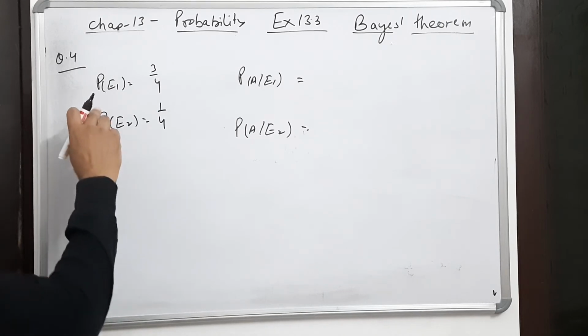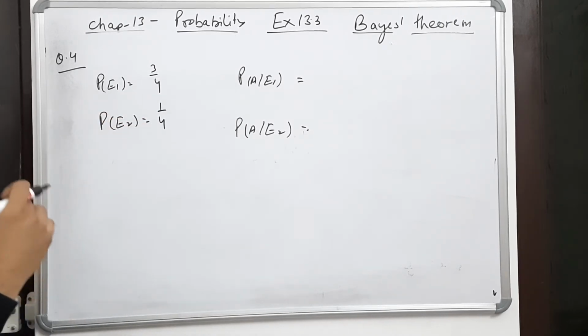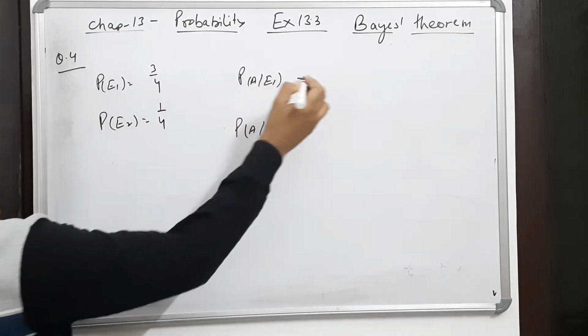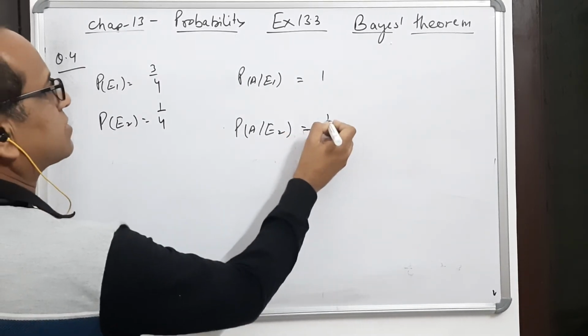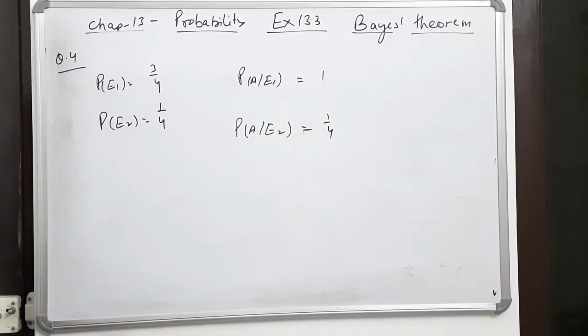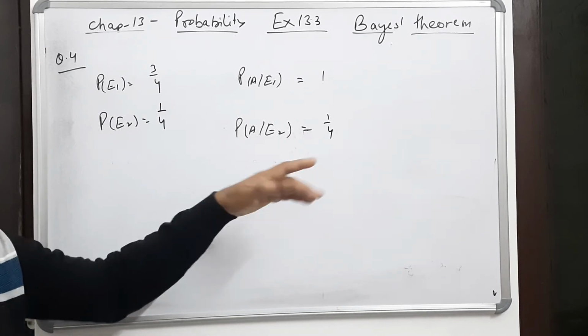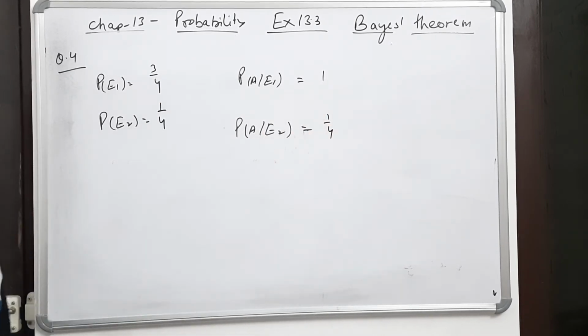Now, what is the probability of getting the answer correct when he knows the answer? Definitely it is 1. And it is told here that when a student is guessing, the probability is 1 by 4. Maybe there are 4 choices, and if we select any one, then the chance is 25% of getting the answer correct. Now what is the probability that the student knew the answer? This part will be at the top.